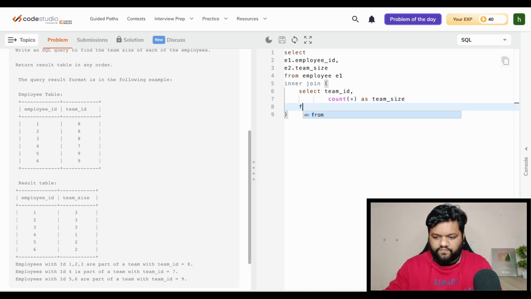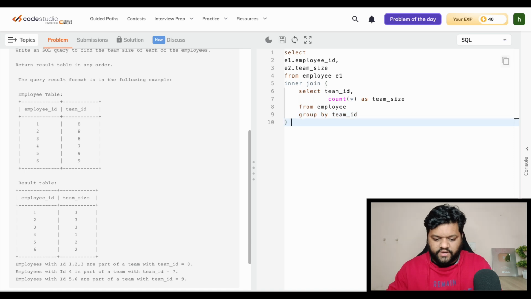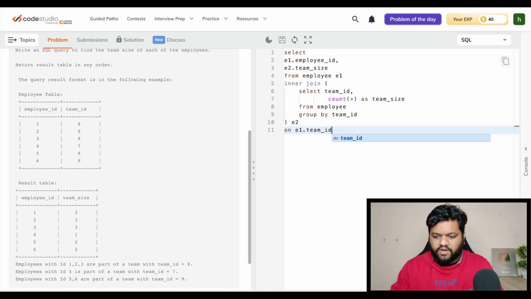Here it will be from the employee table. This is the part, and group by on team ID, and we will give an alias name to this one, E2. Then the on condition for this inner join will be E1 dot team ID equals to E2 dot team ID. And now if we execute it,